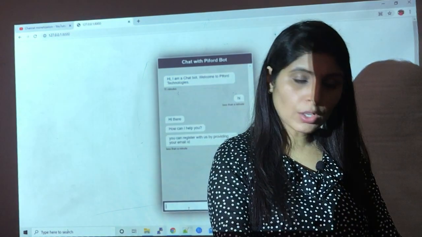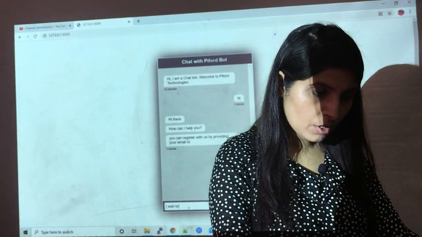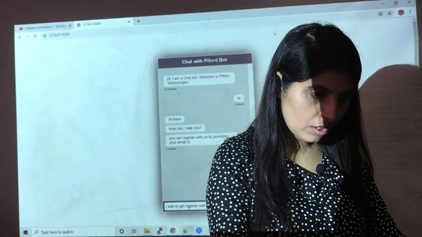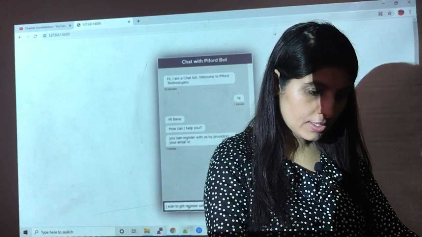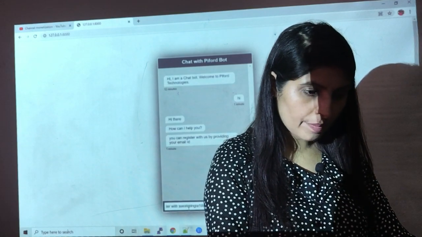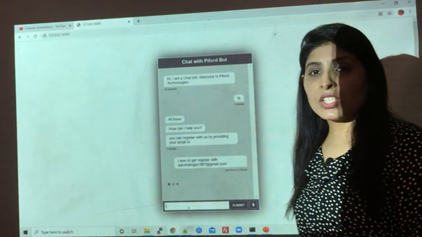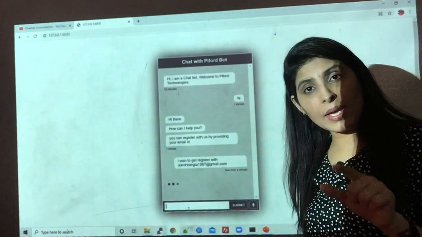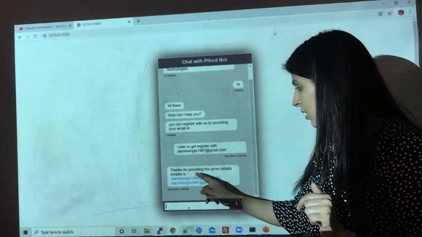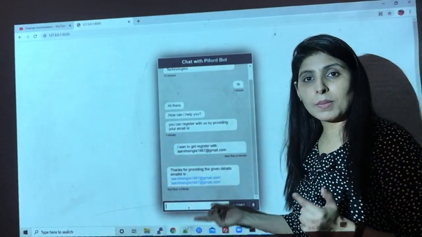So let's suppose I'm writing over here, I want to get register with Arohi Singla 1987 at gmail.com. Right, now our chatbot will extract the email ID only, and see it is saying thanks for providing the given email ID, and it is showing me my email ID.